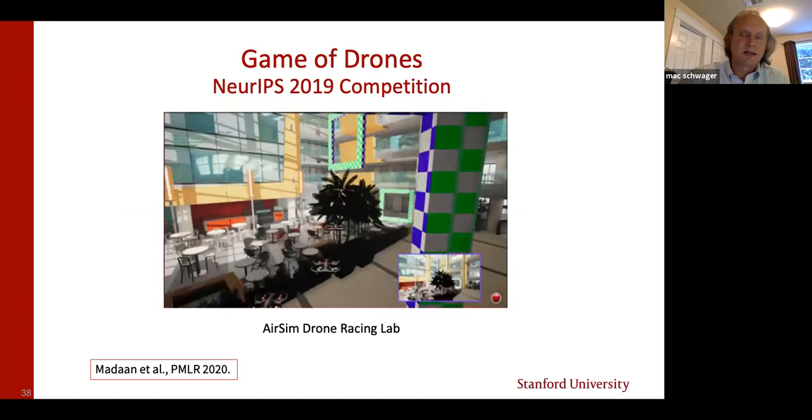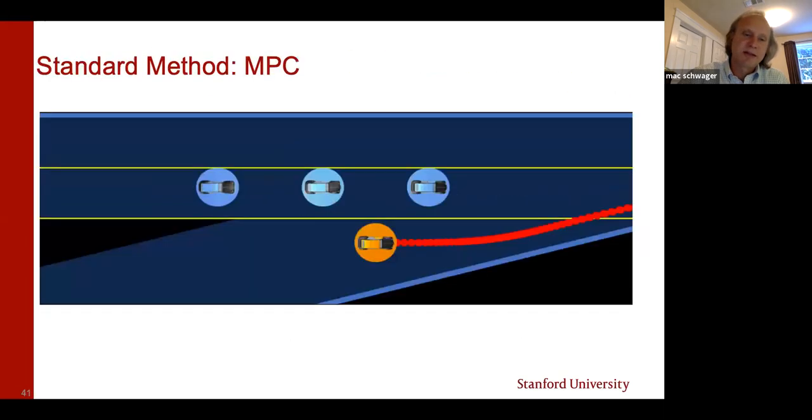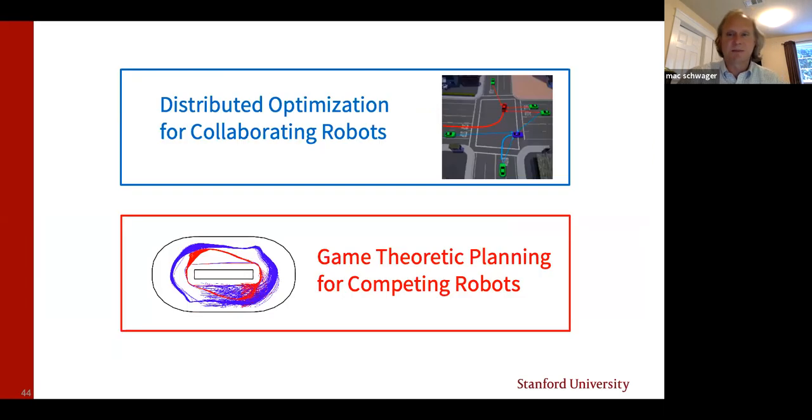So we're right at the end of time, so I'm going to have to blow through the next stuff. I'm not going to be able to cover it. It's too bad. This is actually work in collaboration with Zach Manchester, who's there at CMU. And essentially, in a nutshell, what we've done is develop an entirely new game theoretic planning algorithm, which is applicable to general sum games. So not zero sum games, not only racing, but general, say, highway driving, freeway driving, or in-city driving, where you're trying to share the road with a pedestrian and a bicyclist. And we have a very nice algorithm for solving the same kind of coupled generalized Nash equilibrium trajectories among all the agents.